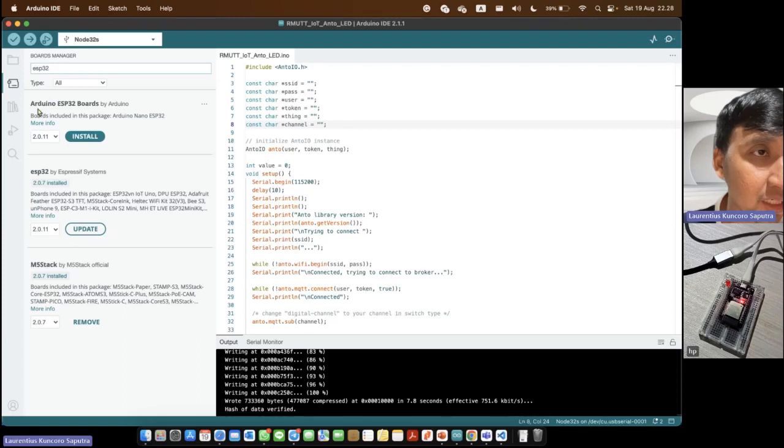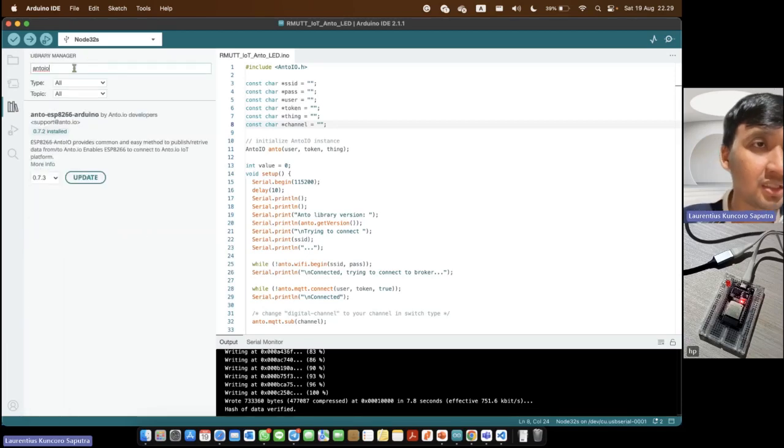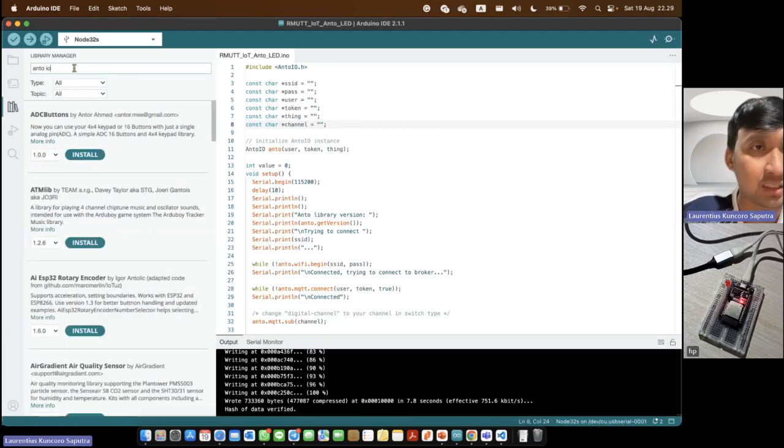In this board manager I use the ESP32 board with version 2.0.11. This one, ESP32, the version is 2.0.11. And also for the IoT library, Anto IO,